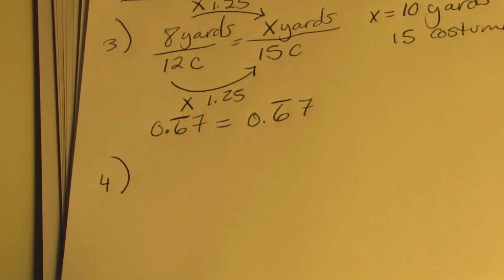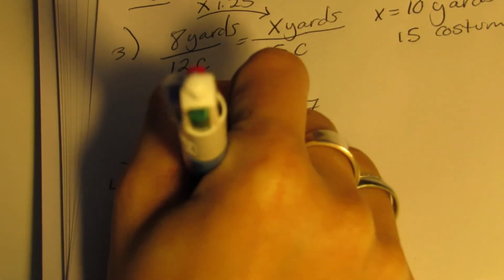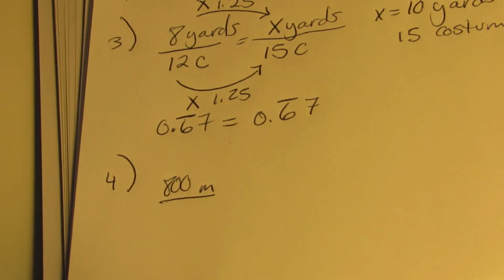Number 4 says, Wilma can swim 800 meters in 4 minutes. Exactly like number 3. Notice how it's giving you a comparison. Okay, 800 meters in 4 minutes. We're going to go ahead and set that up. 800 meters, I'm going to abbreviate with an M, in 4